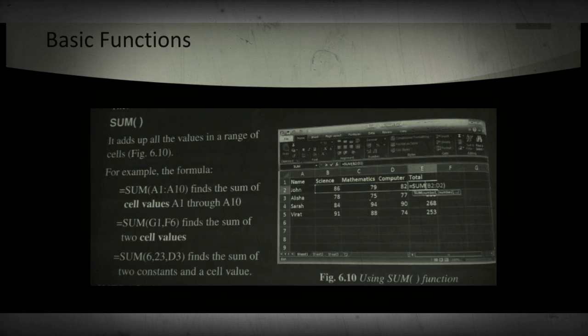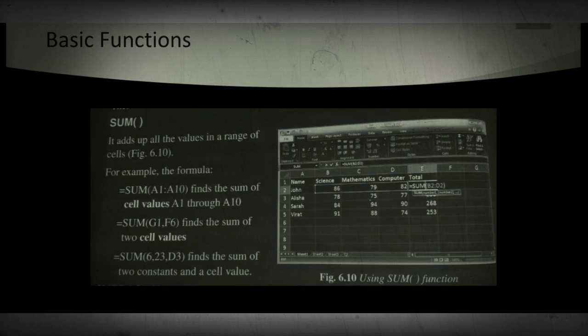For example, if you want to add the values of cells D1 through D10, you would type the formula D1 plus D2 plus D3 plus D4 plus D5 plus D6 plus D7 plus D8 plus D9 plus D10.